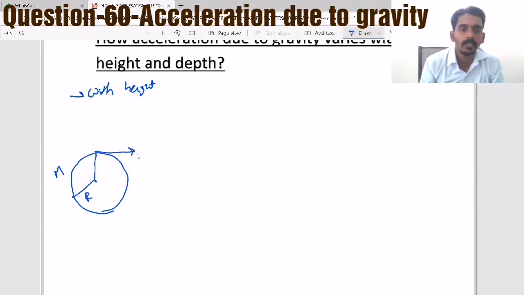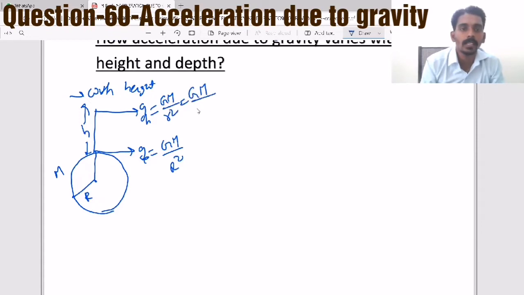There is one g on the surface, that is GM by r square. Now at some height from the surface, there is some acceleration due to gravity, that is GM by small r square, where small r is the distance from the center,